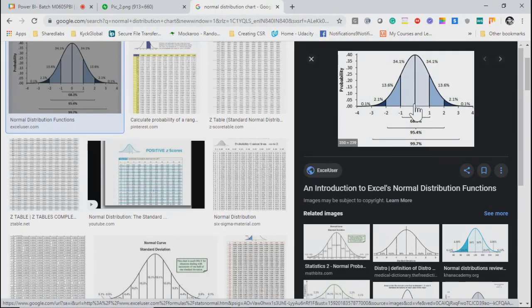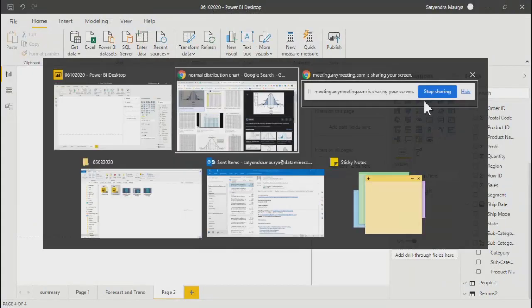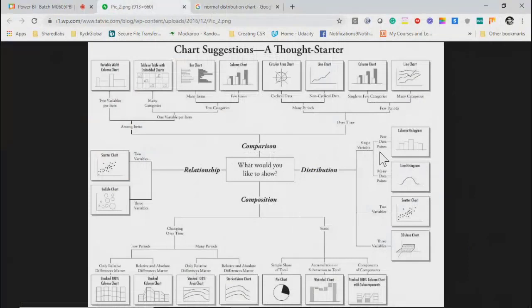And this is the same that we are going to generally use in a histogram. So if you see here, this histogram will represent the similar thing, or maybe this line histogram. It's going to represent the same thing, but it is not necessary that all the charts or all data will have a normal distribution.